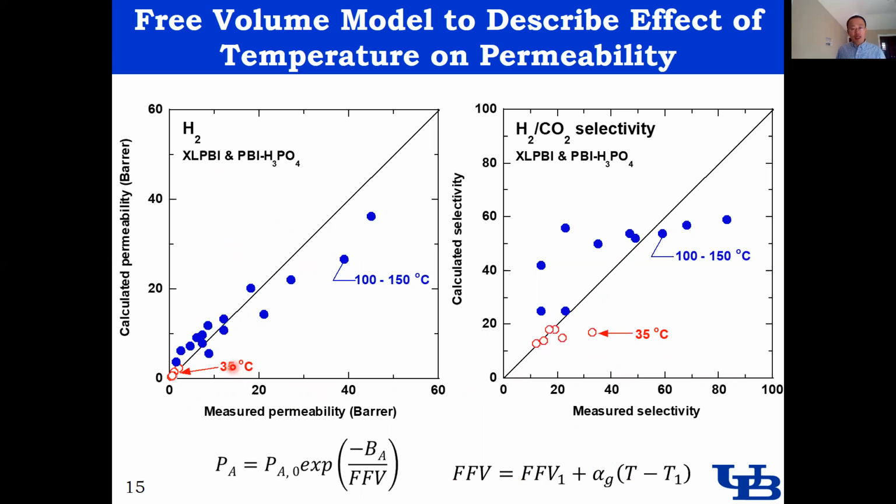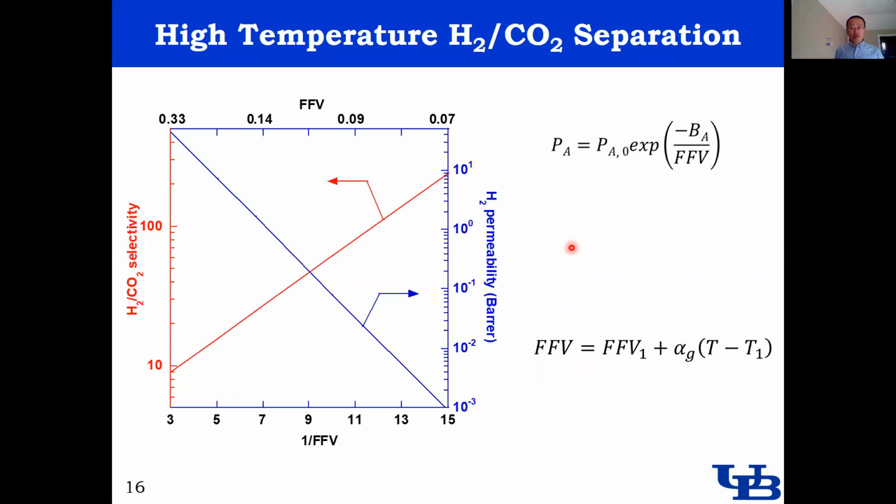And if you look at it, we have performance at 35 degrees C, 100 degrees C, 150 degrees C. And these fittings are generally actually not bad. They're fairly consistent. We do see some deviation for highly cross-linked polymers. Somehow our predicted value turned out to be much higher than the measured value. Nevertheless, if we take this approach, we could come back and look at this